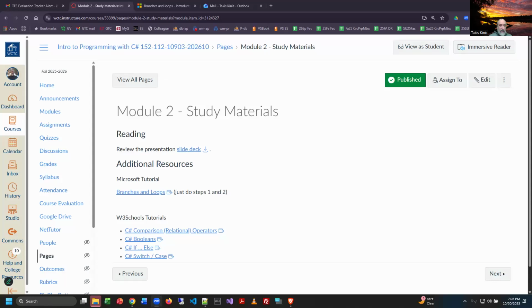You can see right now I'm in the study materials entry of module 2. We did go through the slide deck in its entirety last time, and got through all the materials, which is pretty good. I don't always manage to do that in one night. Sometimes I do, sometimes I don't. But I did want to talk about the other resources that we have here and how these may reinforce your